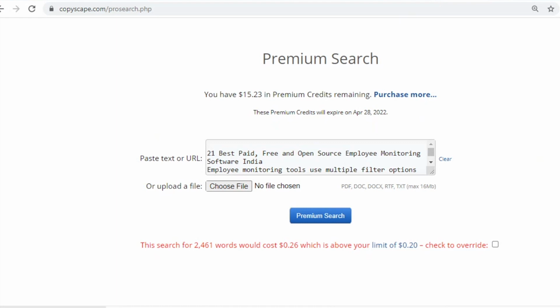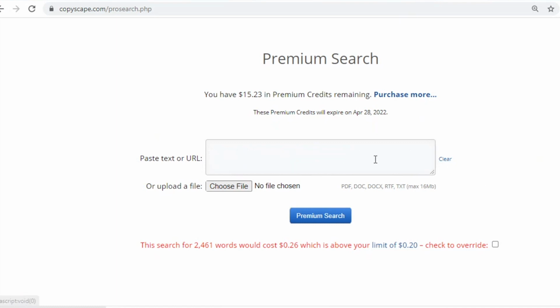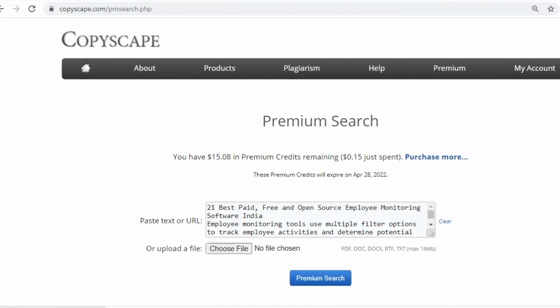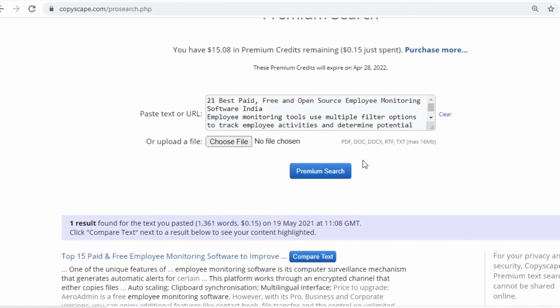So I'll copy roughly 1500 to 2000 words, clear, paste my content again, and then premium search. This time the word count was less than 2000.